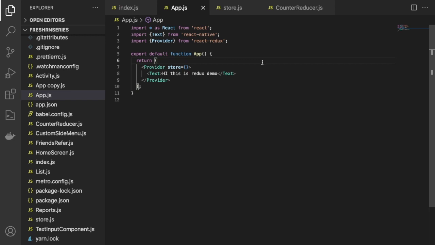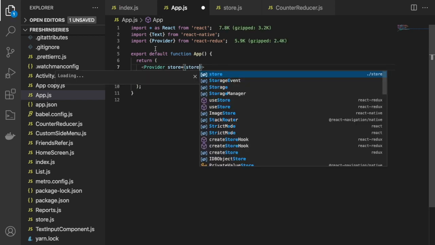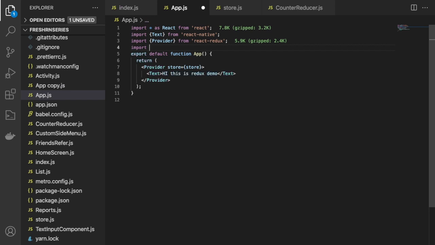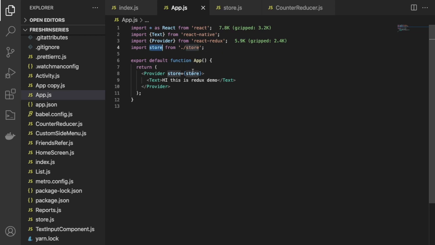So you have to understand this app.js file first. This is a very important thing. You have to just pass the store. Okay. So for that you have to just import. What do you have to import? You have to import the store. Pass the store here. This is fine. And now the provider is fixed here. So now we are done with the provider, and in this provider we have this text.